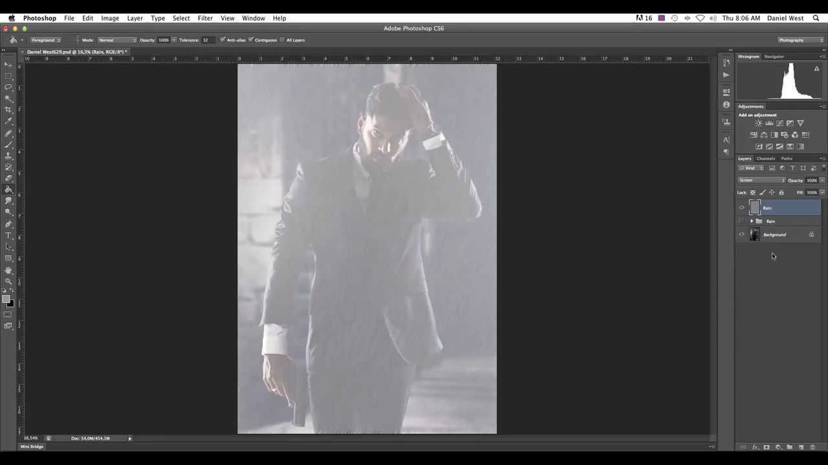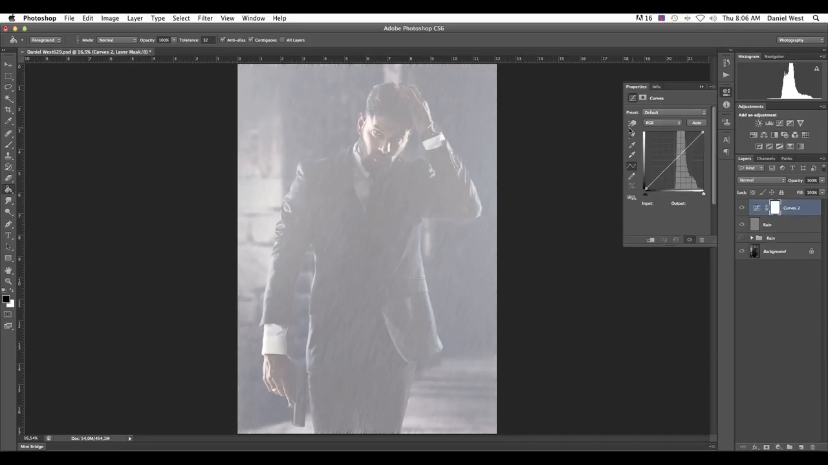Yes, it's starting to look like something. Still a long way to go. Alright, then in our adjustments layer, we're gonna go to curves. You can even go down over here and select curves. Great. Now, with Alt selected,